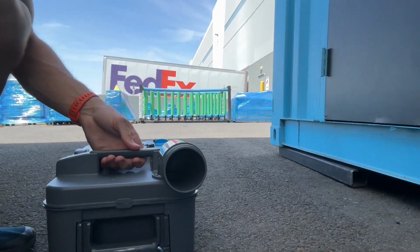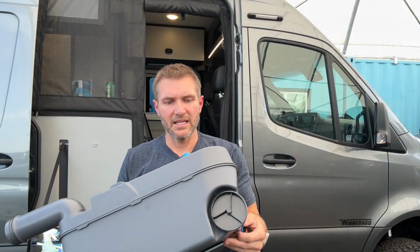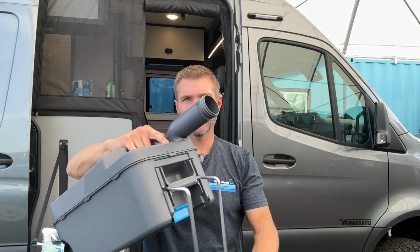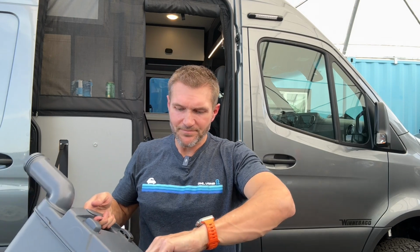So then what you want to do when you pour the cassette, let me get my tripod. So we've got a lot of water in the cassette. I think you've also got this if you're, I guess, like 90 years old and can't lift a cassette. You can roll it along the ground. Okay, if you can't lift the cassette, you can't dump it. So you're going to open that. That's ready. And then when we actually pour it,